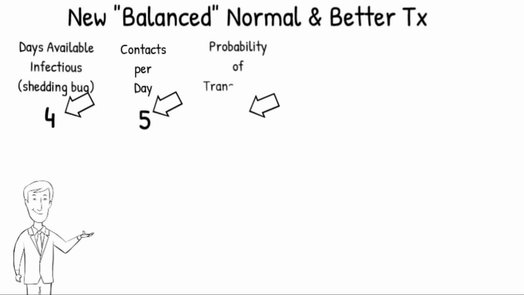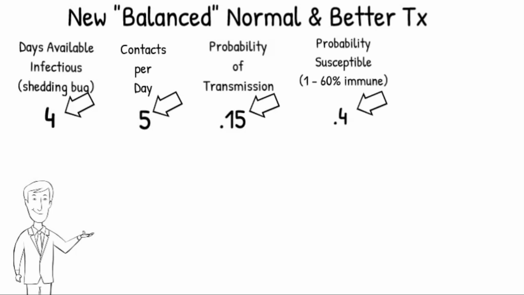So we could start off, maybe maintain the days available infectious at 4, where we encourage people to stay home as soon as they show any signs of illness. Keep that component. We let the number of contacts per day go back up to the original 5, letting people go back to work, letting them move around as much as they did before. Decrease the probability of transmission down to maybe 15% from the original 20% through hand washing, etc. That's not as good as when we were trying really hard and got it down to 10%, but it might be livable. And then say we get immunity up to 60% through a combination of vaccination and natural immunity, so